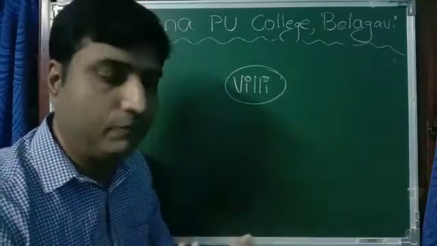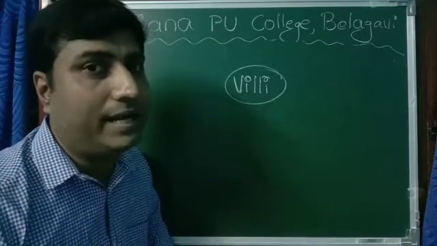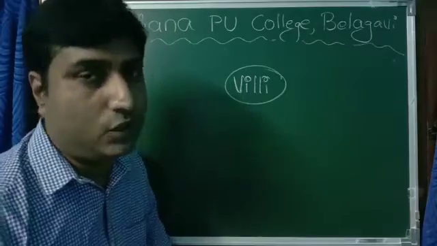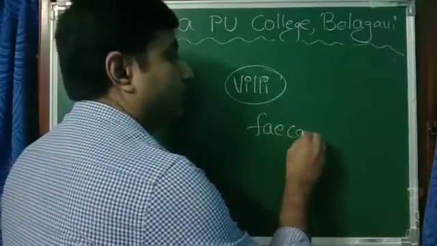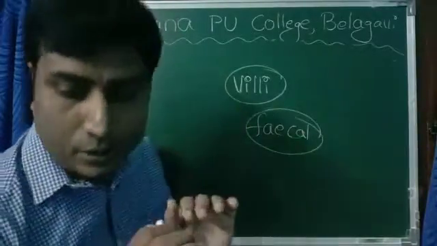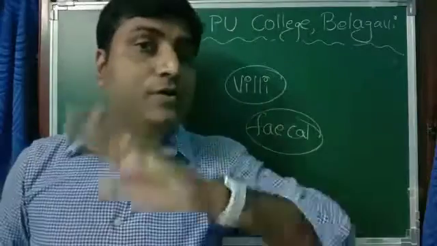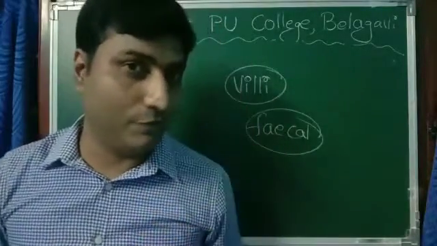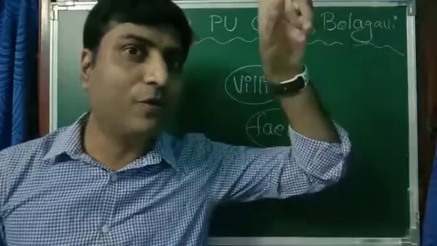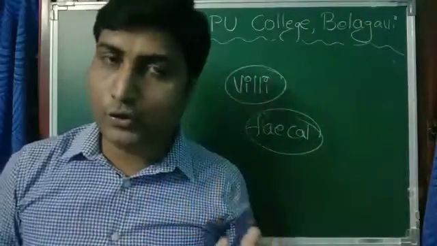Anus is the opening from where the undigested food is thrown out. And it is called getting rid of feces or fecal matter, we call. Feces or fecal matter, okay, it is thrown out of the body. So this is the entire story of digestion of food that takes place in our body, starting from mouth till anus. Here one more thing we should keep in mind.